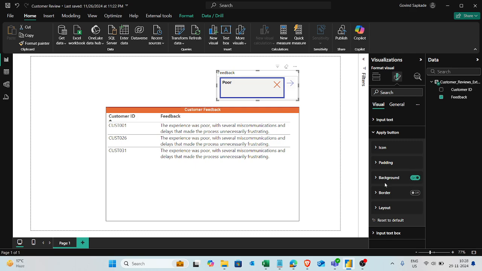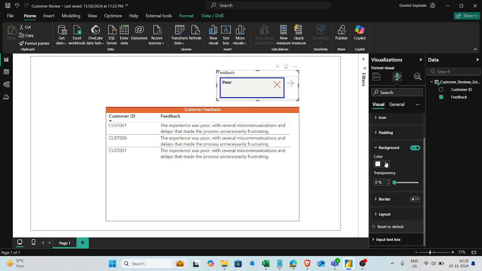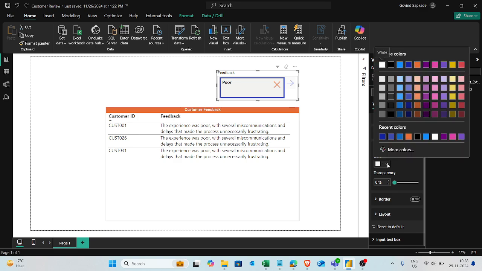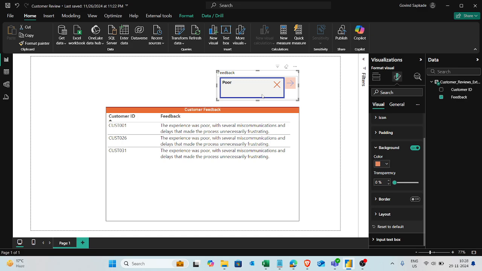Then you can also set the background for the apply button. Currently it is set to white. Let's set it to some other color. Here you can see,